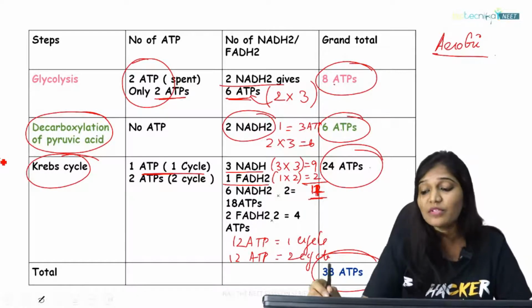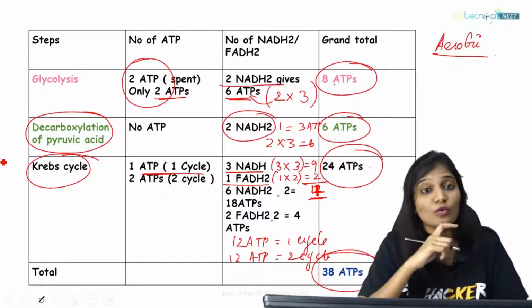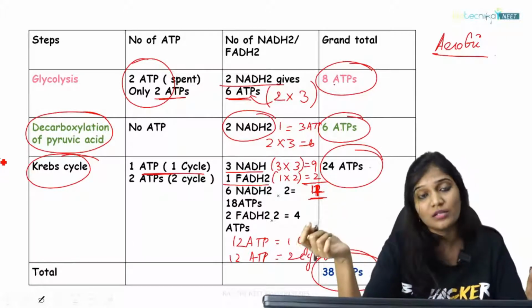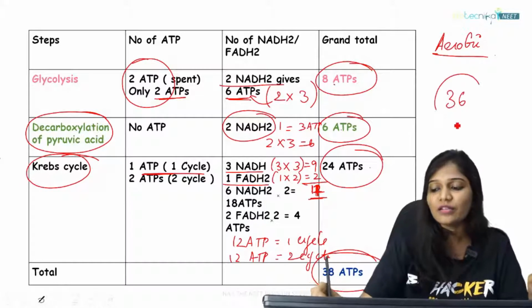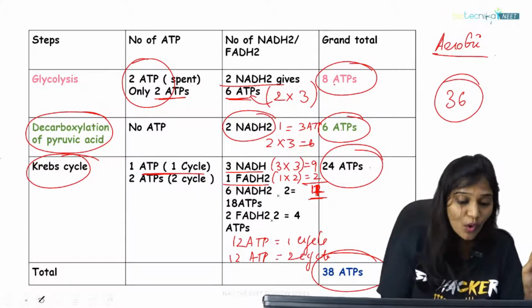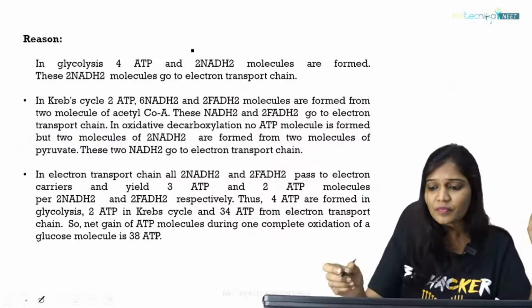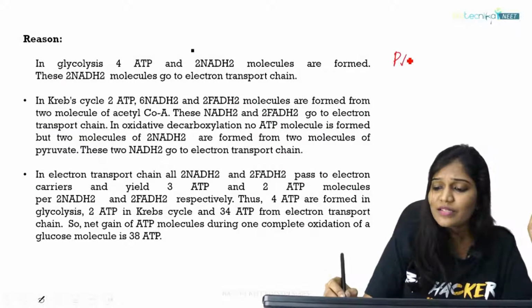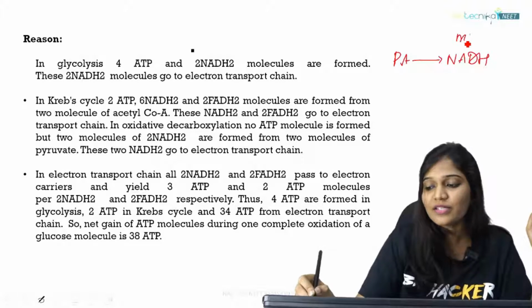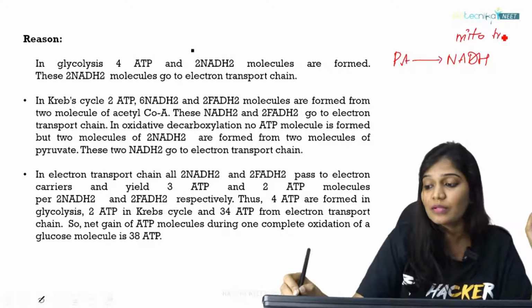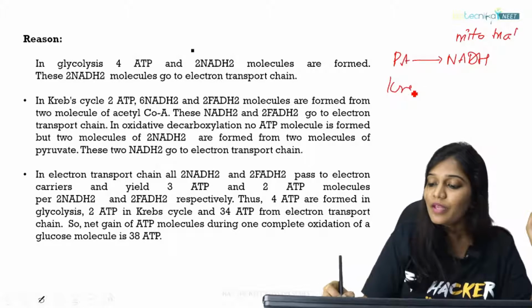If you calculate 24, 6 and 8, it is 38 ATPs. But sometimes in a question paper they might give you 36 also. I'm going to tell you why our calculation sometimes comes to 36. That's very important, all of you listen carefully. I told you that the NADH from pyruvic acid decarboxylation is present in the mitochondrial matrix. And the Krebs cycle NADH